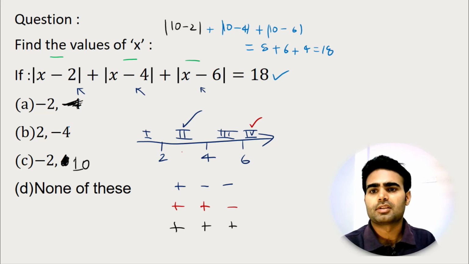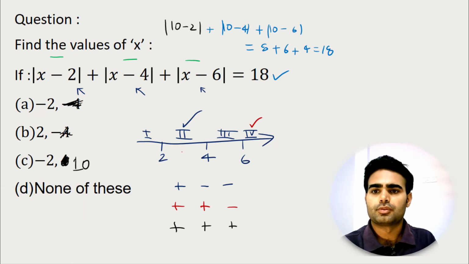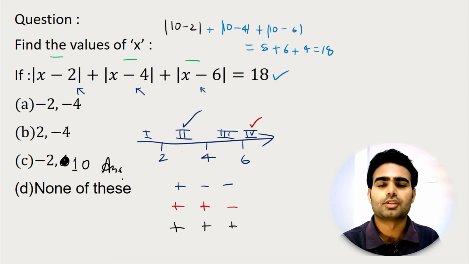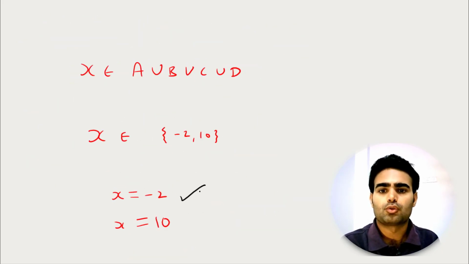So there will be a correction in the question. Let me erase the options, right? So there will be a correction here. Our answer for this question will be, let me erase that correction part, because I am correcting only one option here, that is this. So this will be 10 here. So this question requires the correction. So our answer will be this. As you can see, we have calculated and we got the values of x as minus 2 and 10, and they both will satisfy.